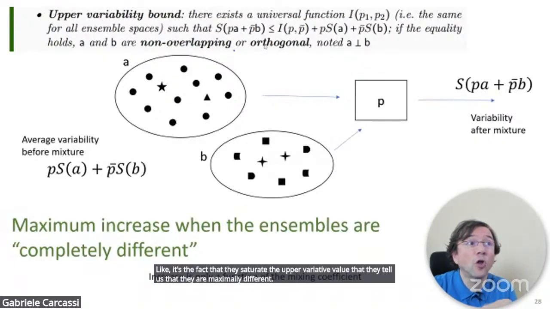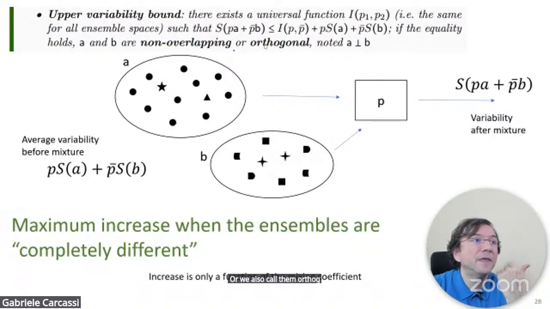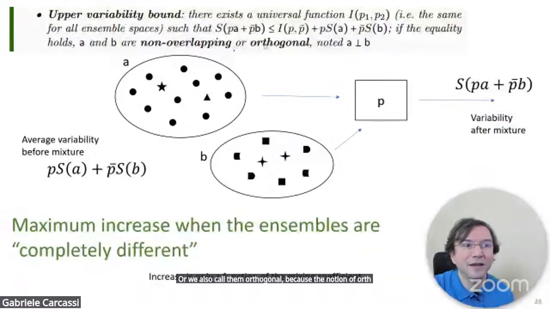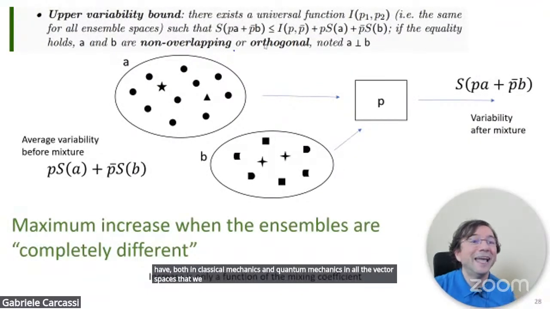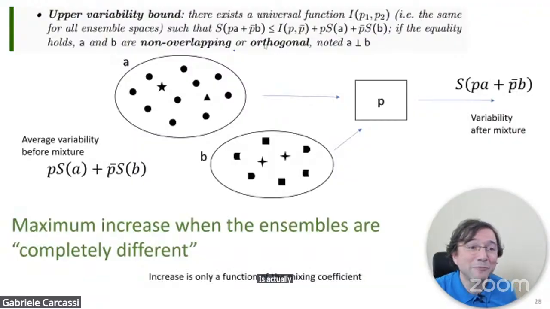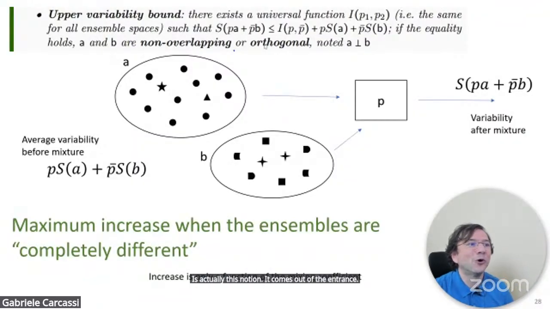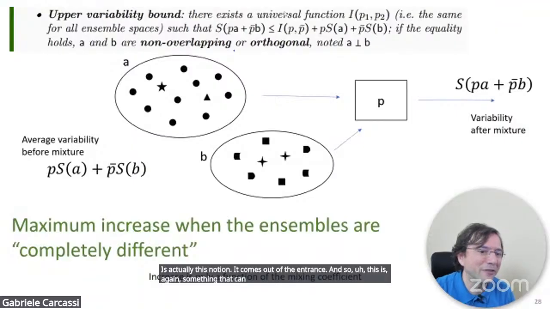Or we also call them orthogonal, because the notion of orthogonality that we have both in classical mechanics and quantum mechanics, in all the vector spaces that we really need, is actually this notion. It comes out of the entropy. And so this is, again, something that can be fully justified by the fact that we know that there is